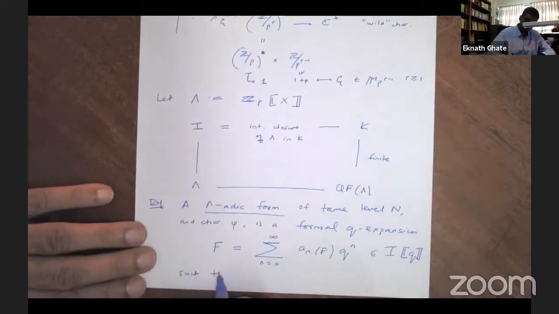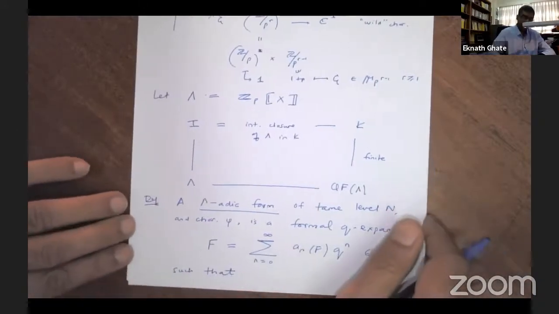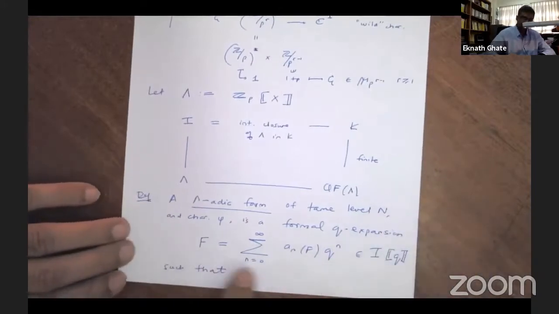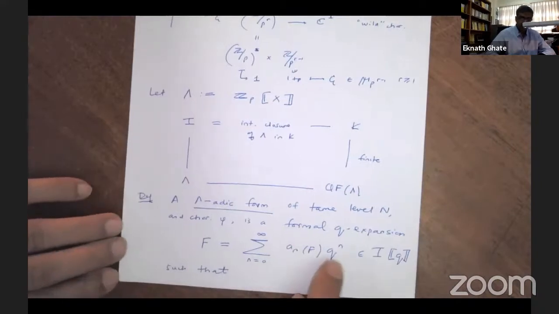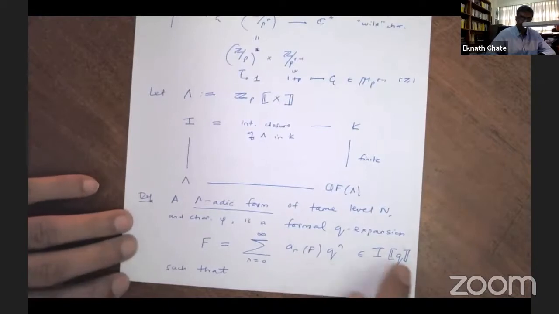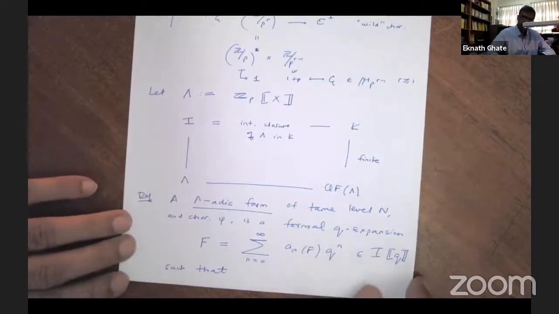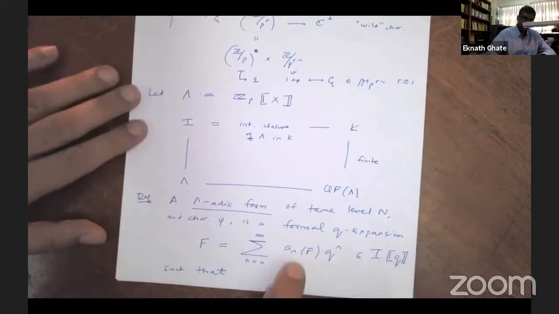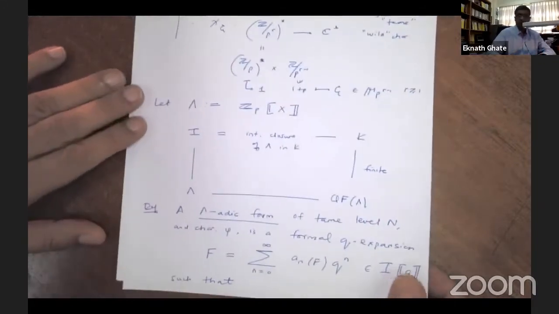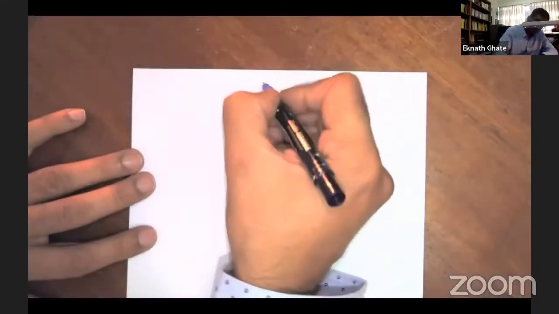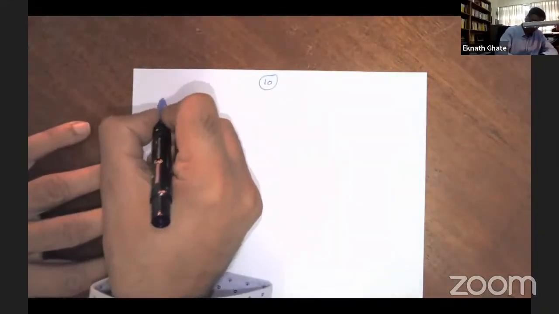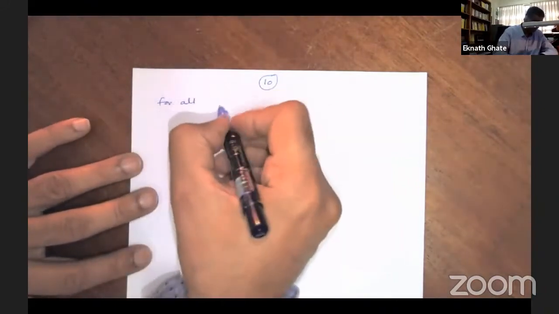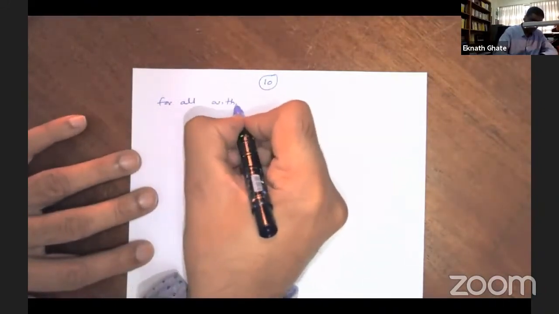Such that, and unfortunately, I have to go to the next page. So remember that F was a formal object. It's a formal q-expansion. So q is just a thing which shows you that you have a q-expansion, and a_n(F) are the nth Fourier coefficients, generalized Fourier coefficients, but they're power series, they're not numbers, such that for all arithmetic specializations,